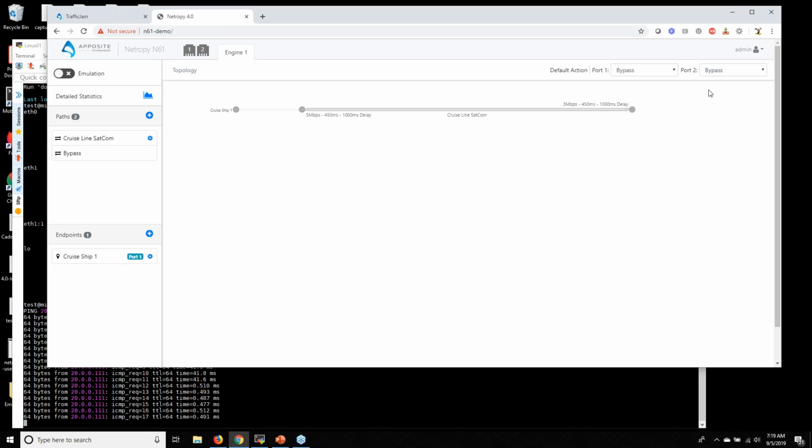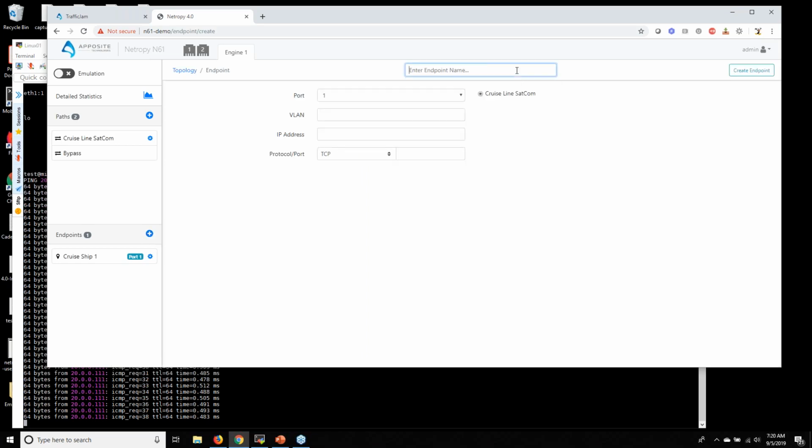So now I'm going to create the data center that would be on the other side of this cruise line, that the cruise ship would be actually connecting to this data center to do their point of sales or allow internet access, or maybe their CCTVs on the cruise ship are broadcasting into the data center.